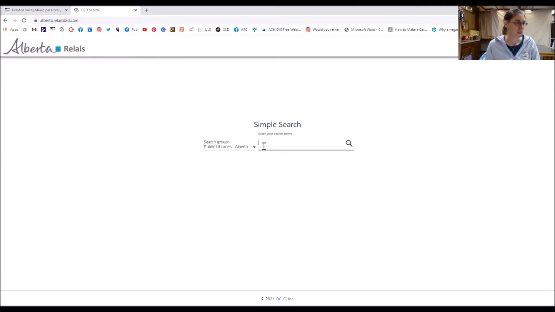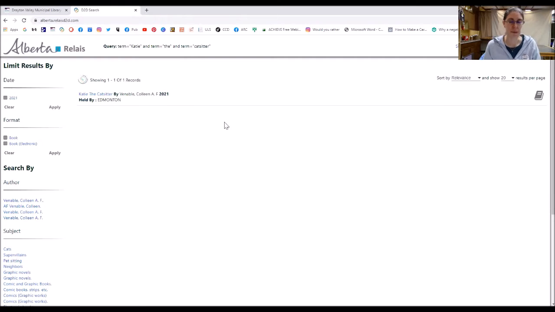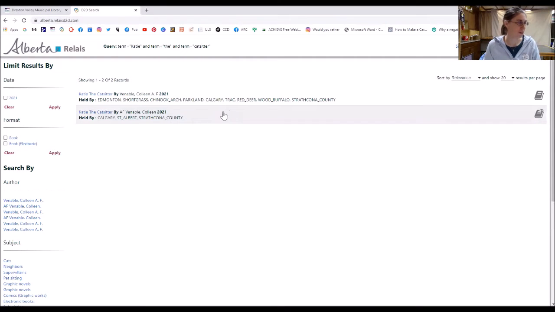library search. So I'm going to type in, first of all, a book that I know is in the track system. So you shouldn't really be using this. Katie the Cat Sitter, it's called. I just want to show you what will happen if you are trying to order a book that is already